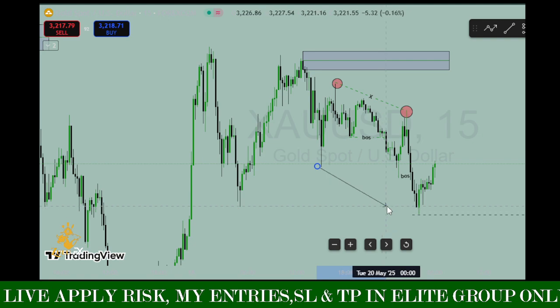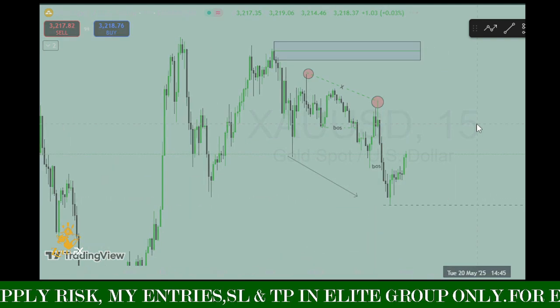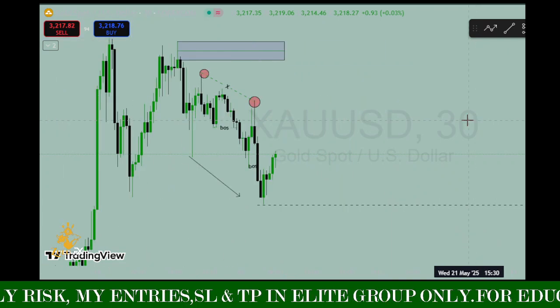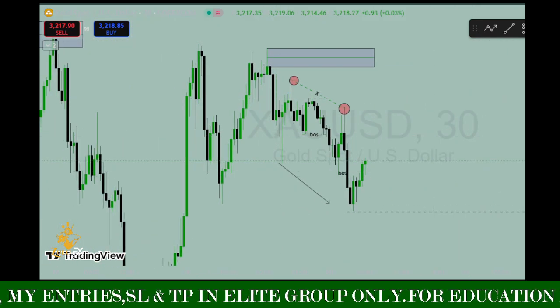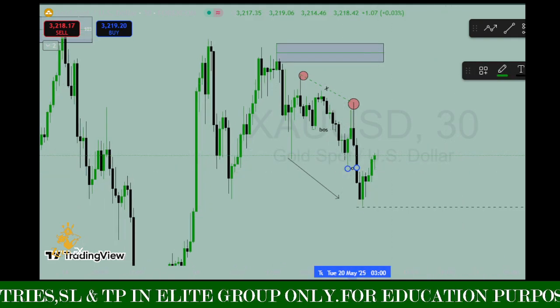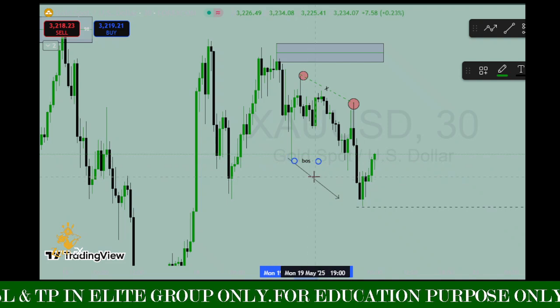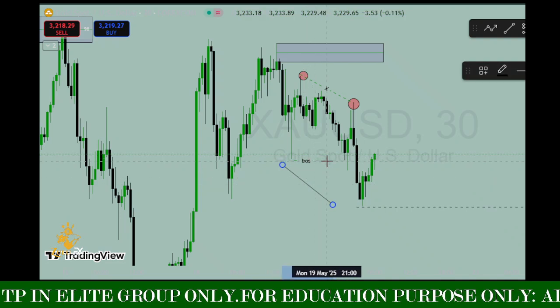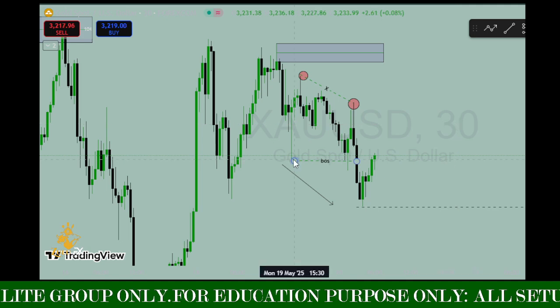Okay, let me just adjust those. From there, if we go back to our 30 minutes candlestick, you can clearly see where the price is moving. Right now, it's still on a downtrend on the 30-minute time frame. Maybe you can even put this break of structure into one, so that you don't have to use a lot of break of structure. You clearly see the market is always breaking these